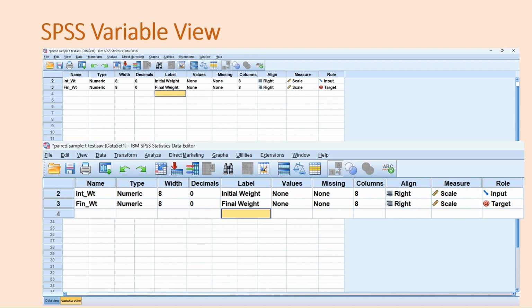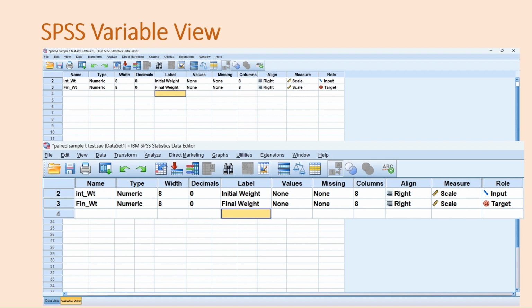The first variable name is initial weight and the second variable name is final weight. Both variables are scale and input and target.